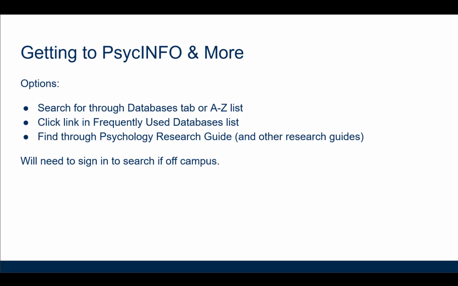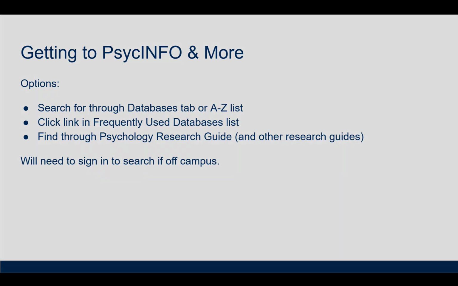To get to PsycINFO and More, you'll need to go through the University of Michigan Flint Thompson Library's website, and then you have several options on how to access that. You can go through the Databases tab or the Database A to Z list. There is a link on the library's homepage for the frequently used database list. And we also have a subject guide for specifically psychology, though PsycINFO and More will also be found on other research guides like social work or education. And one thing to note is that if you are off campus, you will need to sign in to search